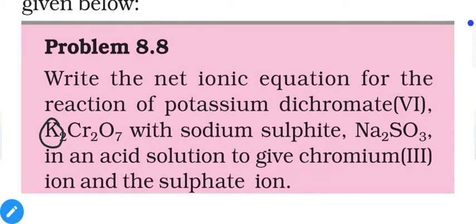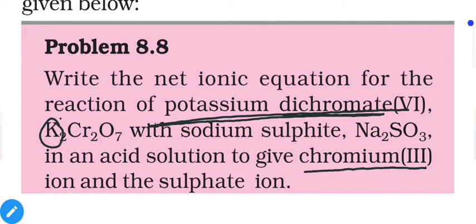the examples mentioned here contain some additional elements. As for example, K2Cr2O7 contains potassium and usually it won't change the oxidation number. How can we be sure? Because as we can see in the given detail, we have potassium dichromate, which changes into chromium, with no mention of potassium. Similarly, Na2SO3 will change into sulfate ion, with no mention of Na2. So why are they not mentioned on the product side? Because they do not change their oxidation state. That means no need to mention them in the earlier stage of the reaction, to reduce the complications.